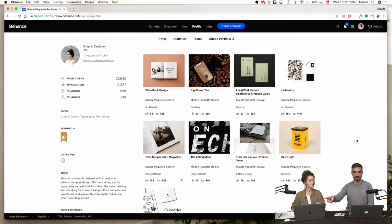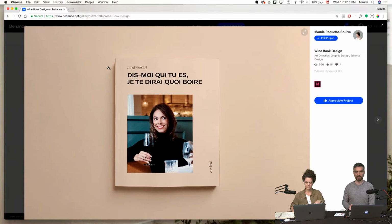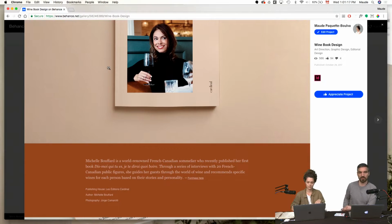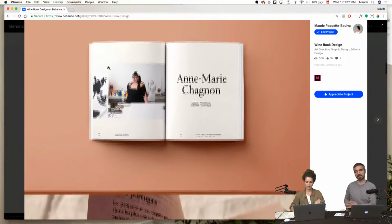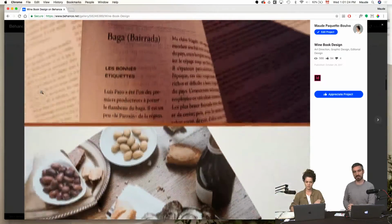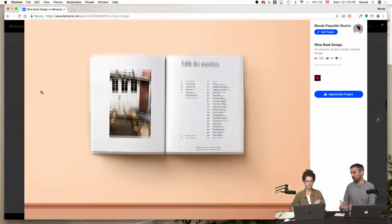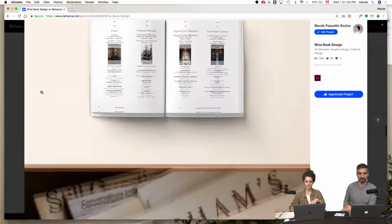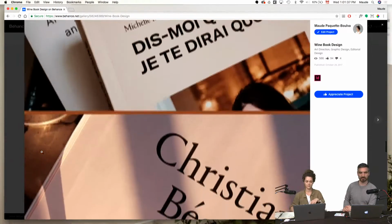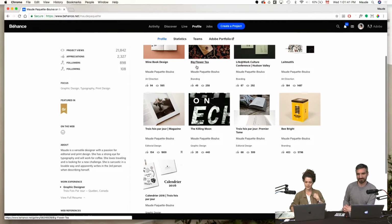So yesterday we discovered together a project you did, a wine book. If you didn't check that, I really invite you to check this beautiful project. It's in French, and it's more than 200 pages. It's more than a way to discover wine, it's a way to discover these amazing women, these people that she interviewed. Wine is just a pretext in this case. And let's discover another one. I think today we can go with...